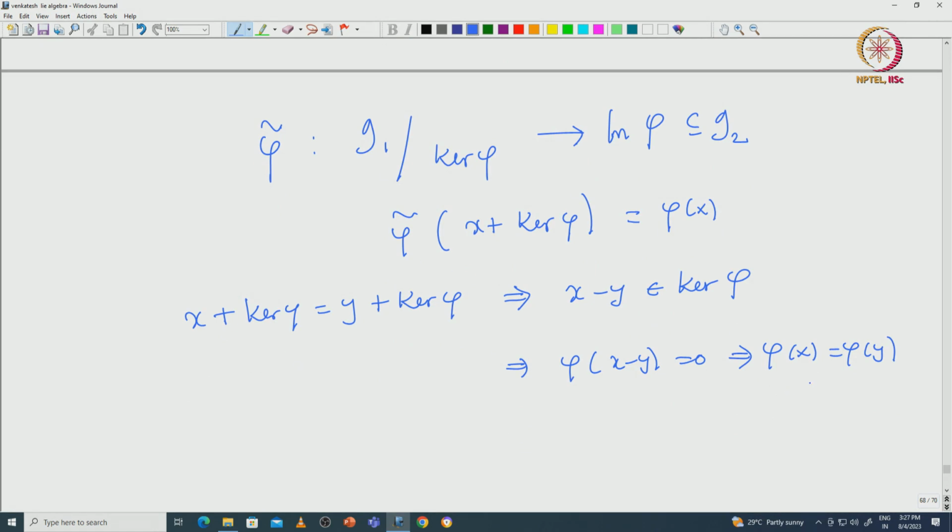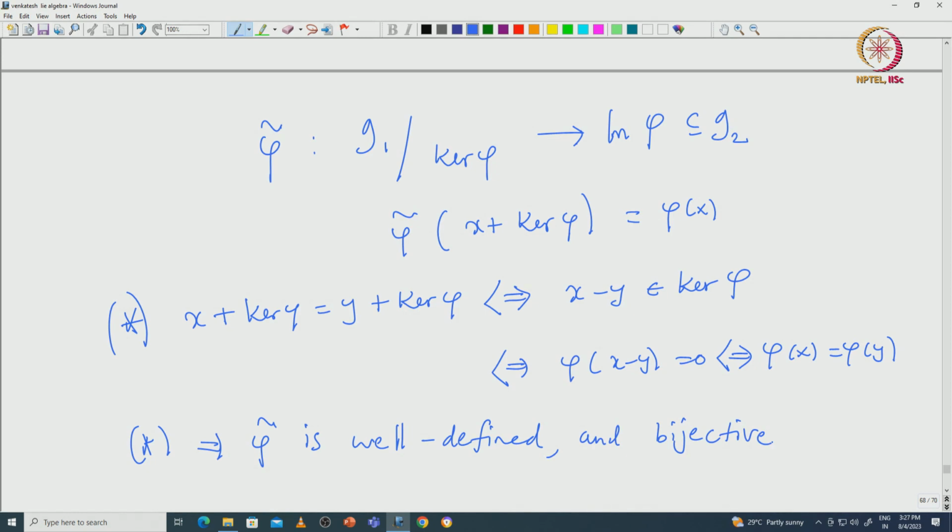If phi of x equals phi of y, then phi of x minus y equals 0, and that would imply x minus y is in the kernel phi, and that would imply the cosets corresponding to x and y are the same. So, that means this one thing proves that phi tilde is well defined and bijective,